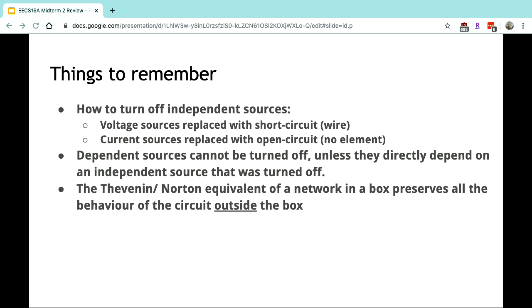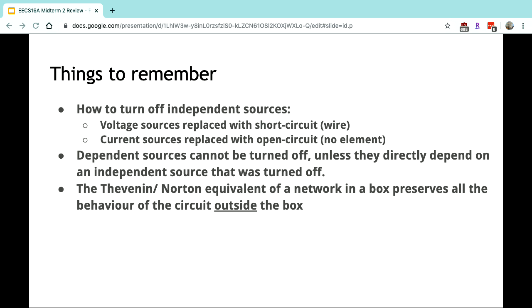Okay. So a last point about Norton and Thevenin equivalence is that they're going to preserve the behavior of the circuit outside the box. So when we look outside the box, there's some current and voltage with which these circuits behave. But if we're talking about what's the power dissipated inside our circuit, the Thevenin equivalent or the Norton equivalent will not model that accurately. So if you want to do a power analysis for what power is being dissipated inside your circuit, then you actually have to look at the actual circuit. You can't look at the equivalent, because the only quantities that carry over are the voltage and the current.